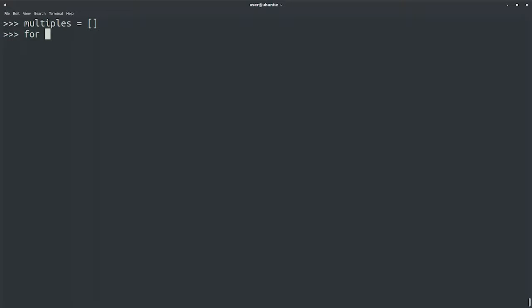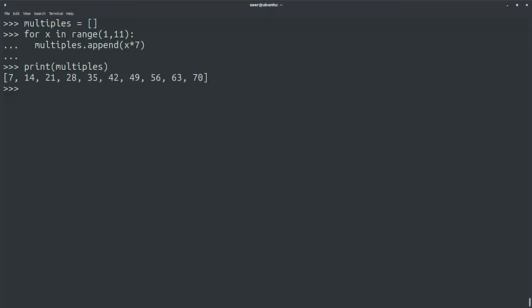Then, for x in range 1 to 11, multiples dot append x times 7. Print multiples. This works fine and is a good way of solving it, but because creating lists based on sequences is such